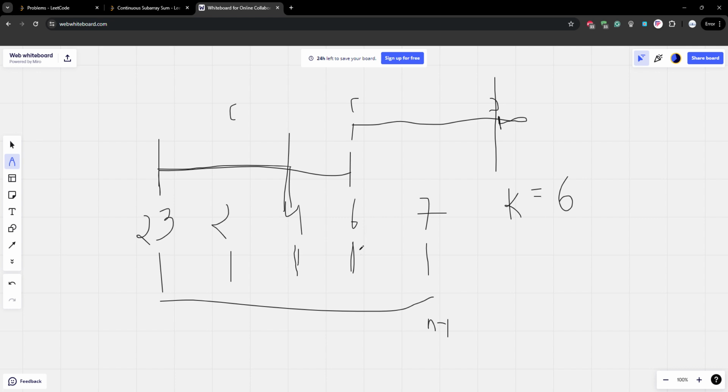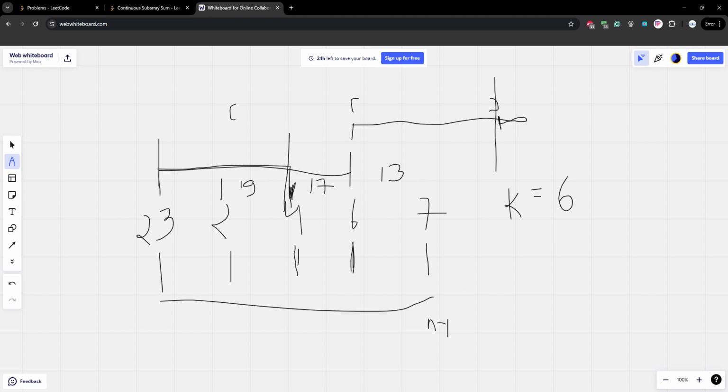For an array ending with 7, let us say the elements 6 plus 7, which is 13. Is it divisible by 6? No. Let us see another subarray beginning at 4, the sum will be 17. Is it divisible by 6? No. Beginning at 2, ending at 7, the sum is 19. Is it divisible by 6?